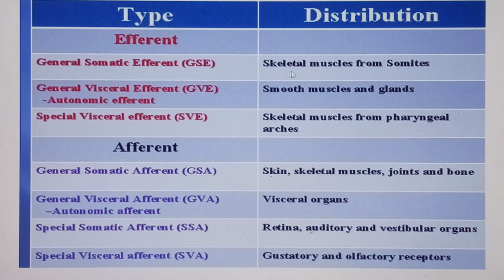So that's why it's coming: it's a skeletal muscle, and it's derived from somite. But the second one I want to tell you is special. And it is visceral, and it is efferent. Special visceral efferent. That is SVE. My friends, whenever we talk about special visceral efferent, special viscera, think of